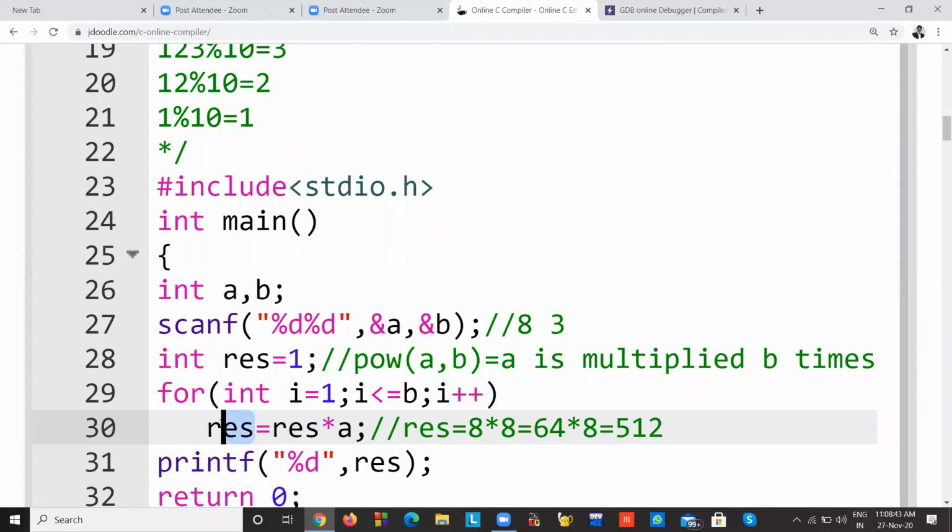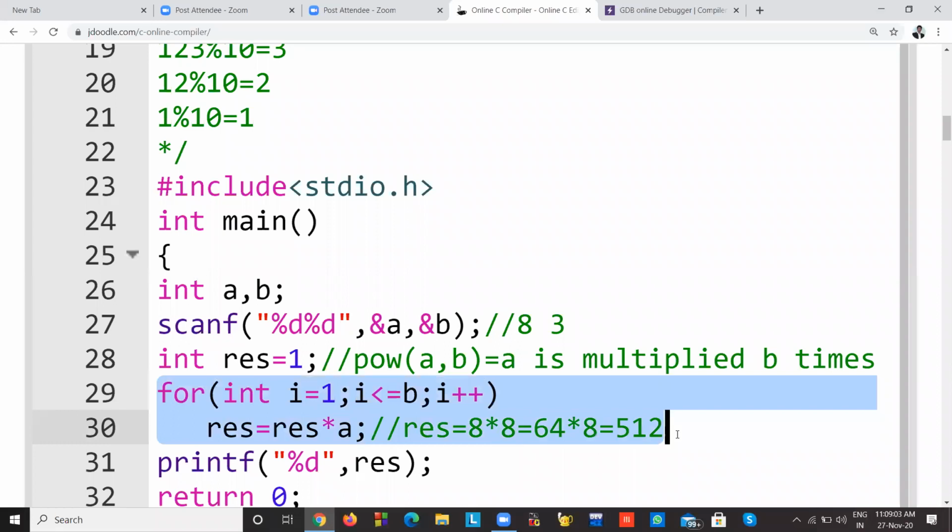512 is stored in RES. Now increase I value, 4. 4 is less than or equal to 3, false. Don't execute this. Loop is not going to be executed. So like this, a can be multiplied many times or any number of times using this loop. This loop is nothing but